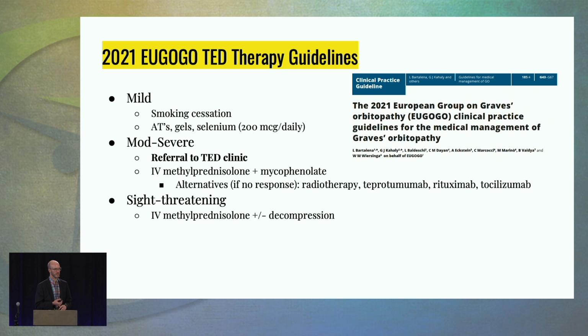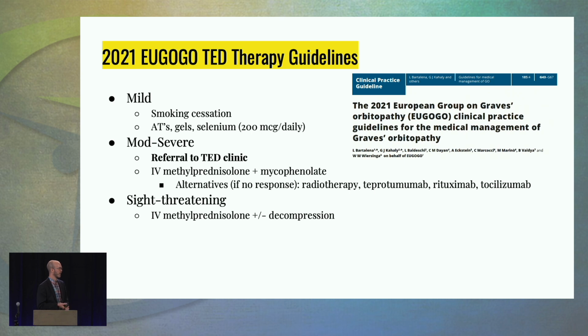Got to talk about smoking cessation. That's the number one modifiable risk factor for people with thyroid eye disease. Even secondhand smoke can increase risk of changes. So always ask about that. If they're sitting in the room telling you they don't smoke, but you can smell it on the person who's with them, just always mention, even secondhand smoke is dangerous, so you really have to limit exposure to that.